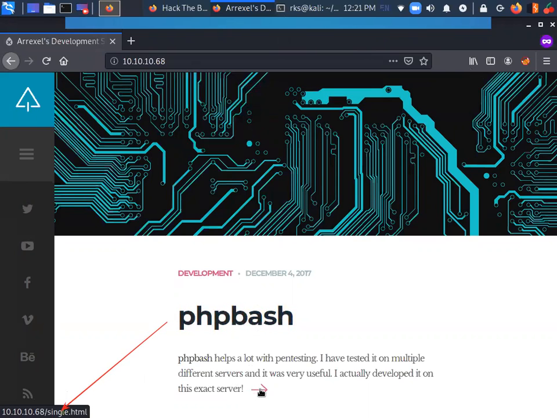I can see that this is not redirecting me anywhere else; I'm on the same page. The PHP bash is going to redirect me to the /single.html page, and this arrow key is also going to redirect me to the /single.html page.